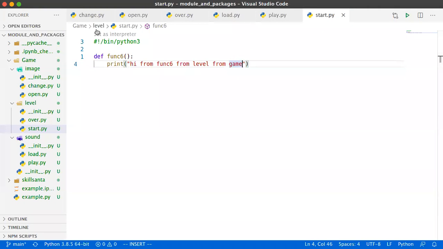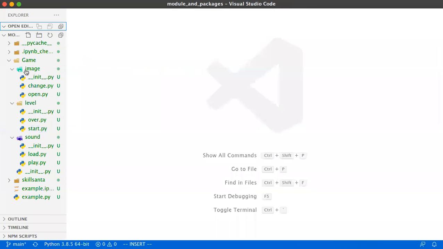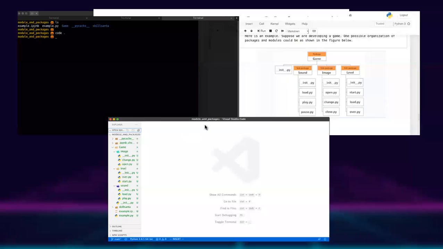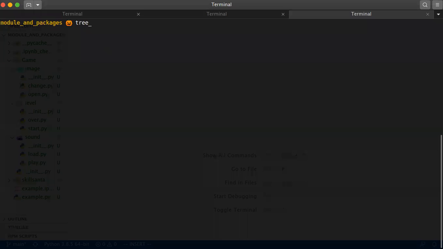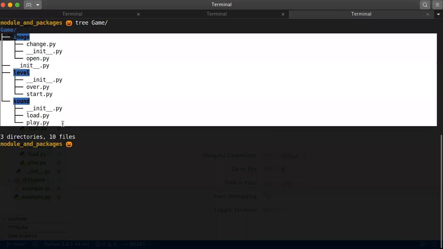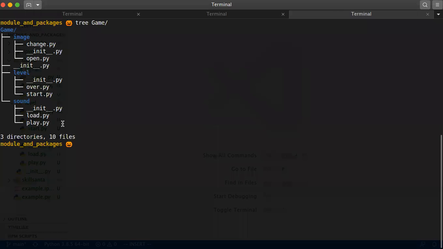Let's close all the files. Don't need these files right now. Done. So this is one package what I have created. If you look at the hierarchy again, this is a package: game, image, all the files. Now the point is, if I need to import the game, so instead of just opening the Visual Studio